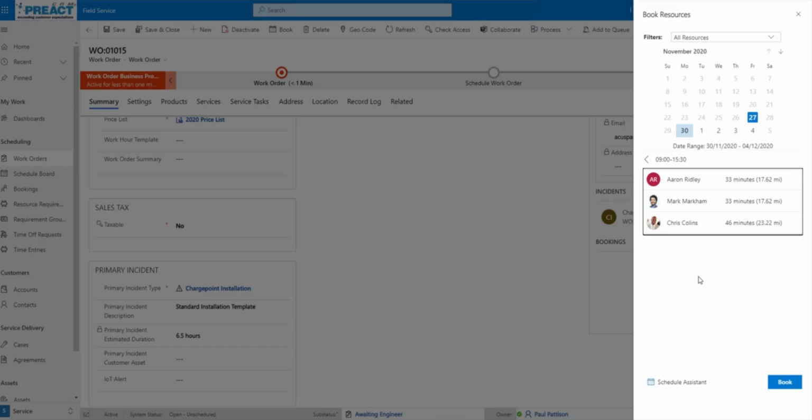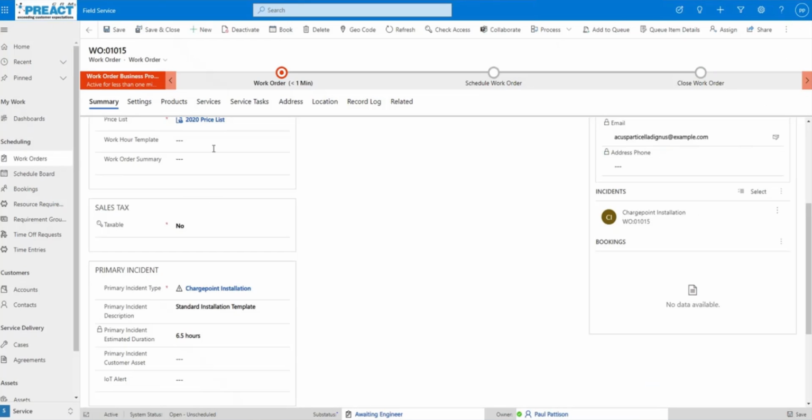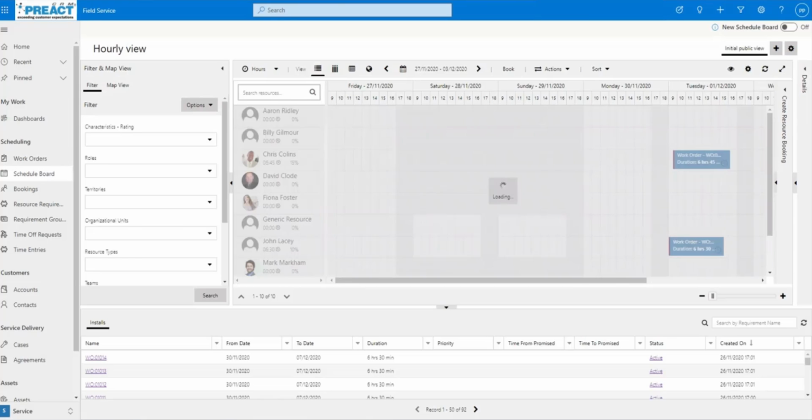So that's the first way. We're not going to do it that way because I need to show you a couple of other methods. So we're going to go onto the schedule board. Now there's quite a lot of information to take in here, and I'll try and run through that as quickly